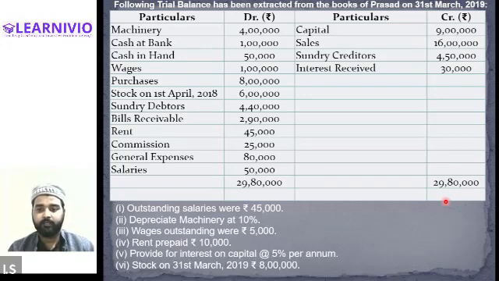Then we have the last item in the question, that is closing stock, 8 lakhs. So write it in the trading account as well as in the balance sheet. 8 lakh on the credit side of the trading account, and again on the asset side of the balance sheet. Now tally all the accounts, calculate gross profit, net profit, and let me know the final value of the asset and liability. And after doing that, we will be passing the journal entry for all the additional information that was given in the question.